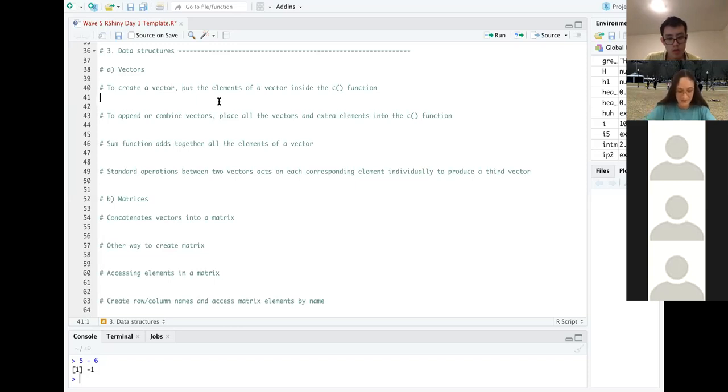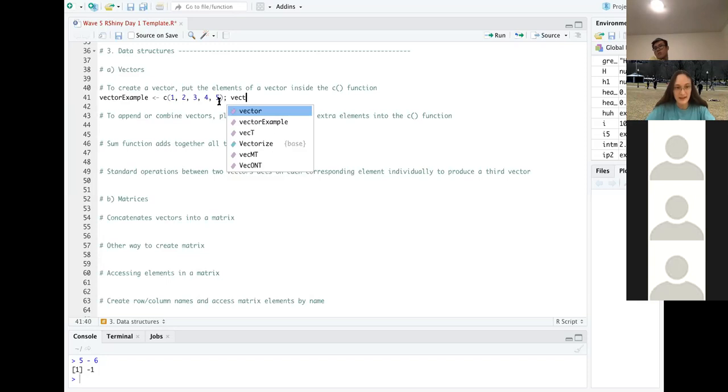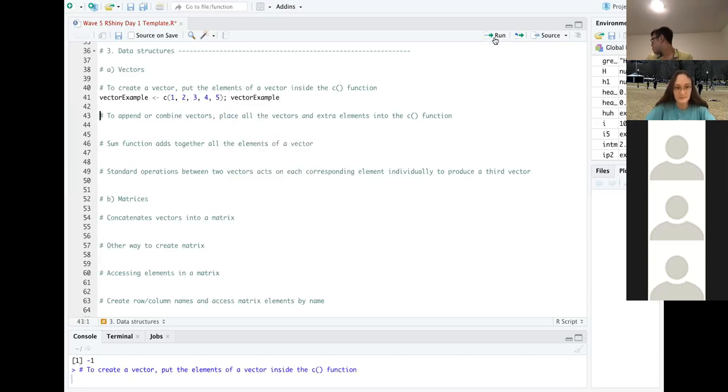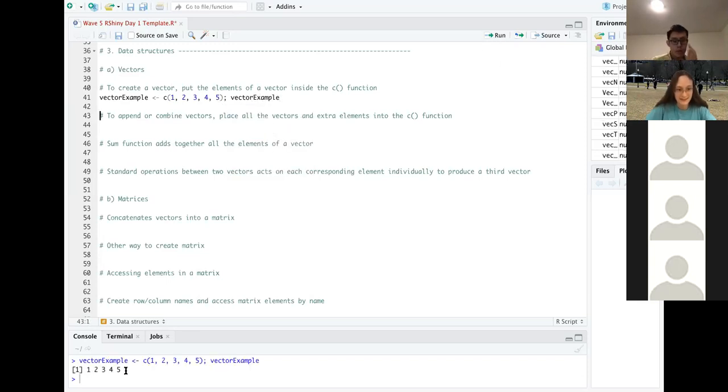So let's just create an example vector. Let's call it vector example because we're super creative. And it's just going to be the numbers 1 through 5. So 1, 2, 3, 4, 5. And if we print that, we get a nice list of numbers. So that's just a basic vector.